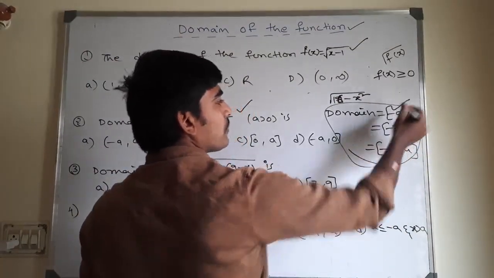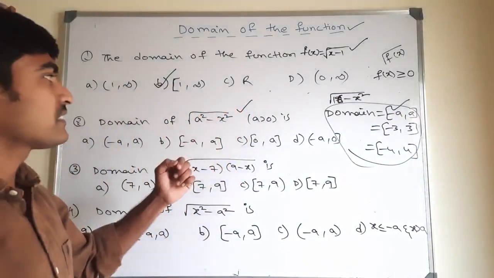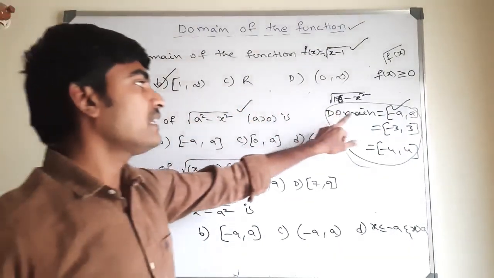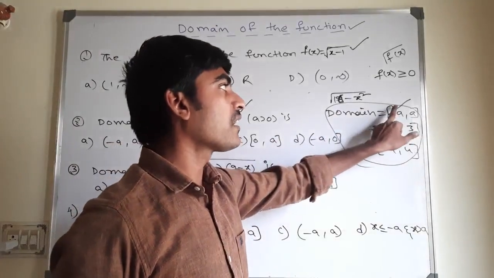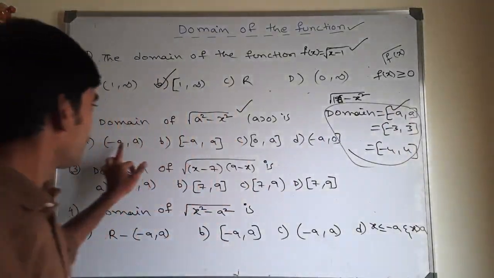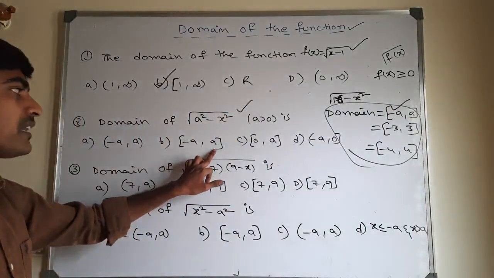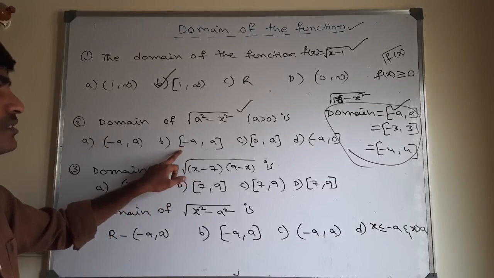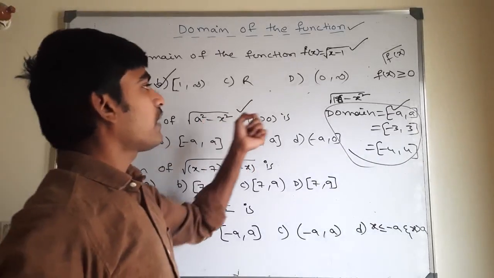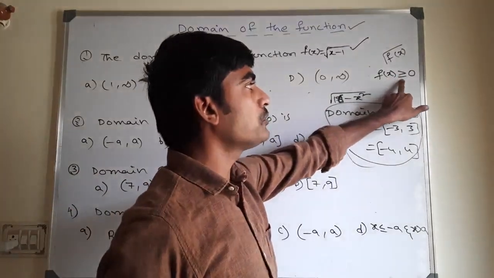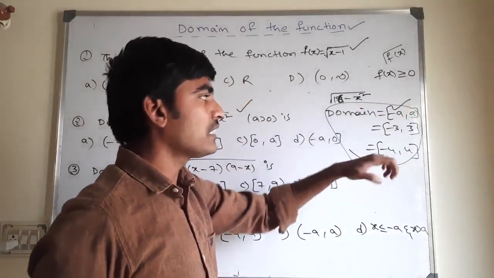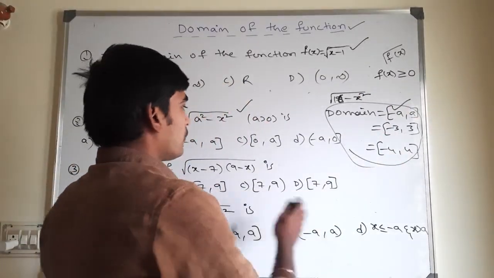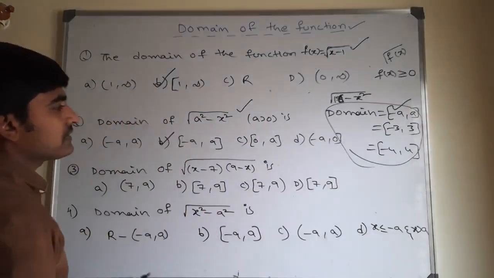Technically, you need to remember the formula. That's why I have written the standard result. Whenever you observe a square minus x square, the domain is always minus a comma a with closed braces. See here, it is minus a comma a only, but the braces differ. So we need to always select closed braces. Why, sir? Because the under root value is always greater than or equal to 0. Since equal to is there, including means I will use the closed braces. So what is the option now? Option B is the correct answer.